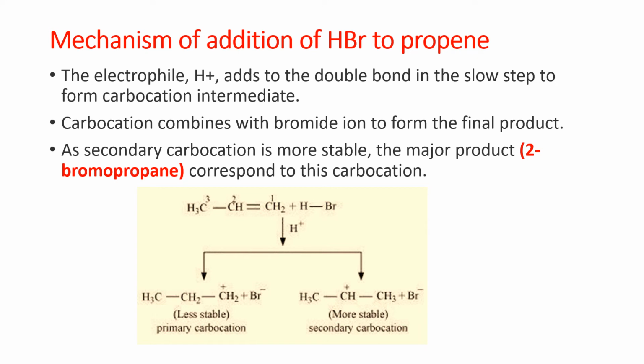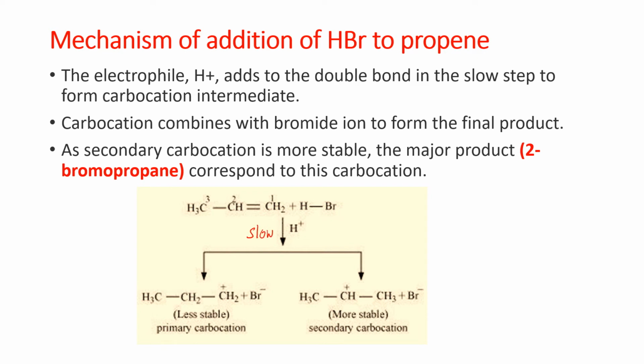Markovnikov addition is understood if you look at the mechanism of addition of HBr to propene. The electrophile H+ adds to the double bond in the slow step to form a carbocation intermediate. So HBr first ionizes to H+ and Br-, and the electrophile H+ approaches propene, and the addition of H+ to propene is the slow step, and that is the rate determining